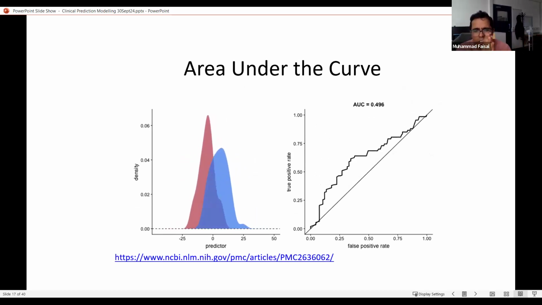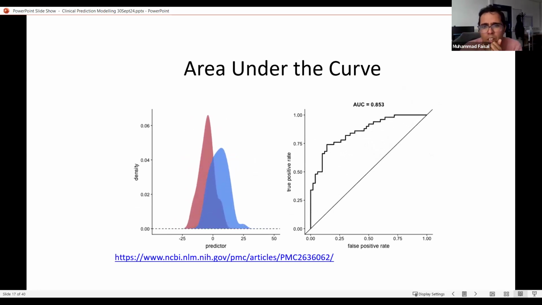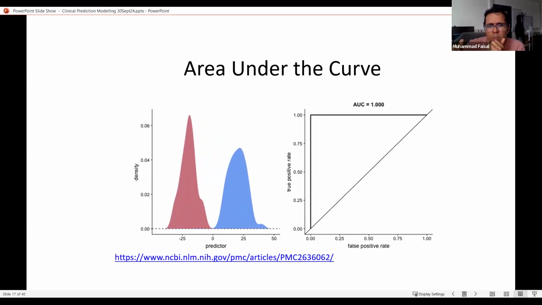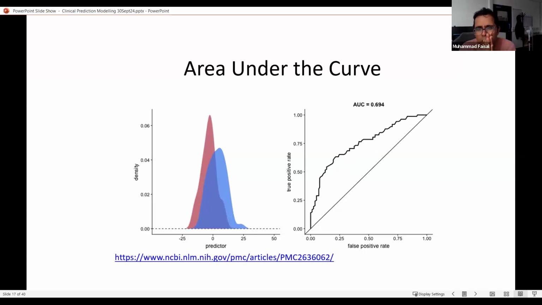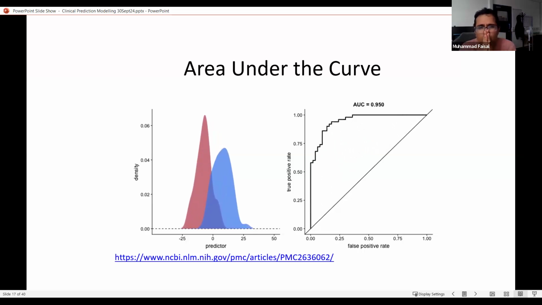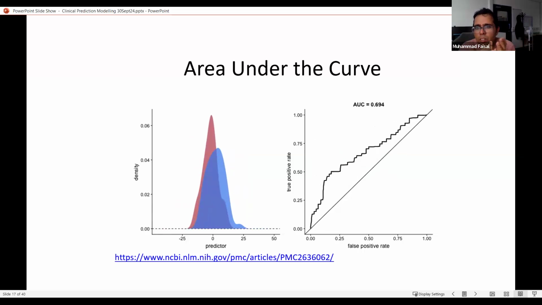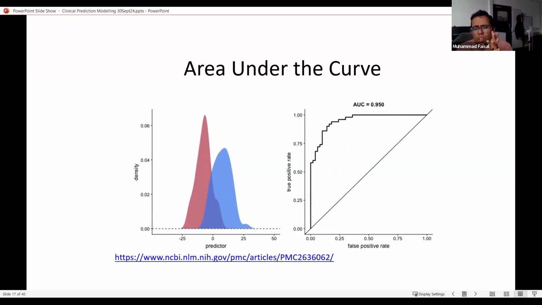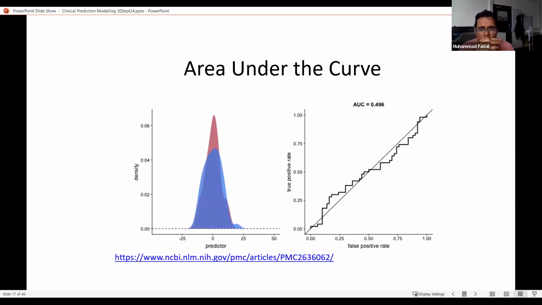If this is discriminating very well, then on the right-hand side we have the area under the curve, which is the AUC. If this is 1, it means the model can discriminate really well. And if it is 0.5, it's just tossing a coin, so it's not really useful. That is about the overlap of both distributions. So this is one of the discrimination measures we use in the literature